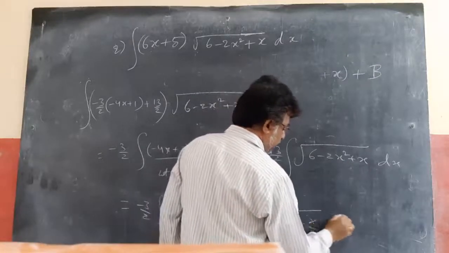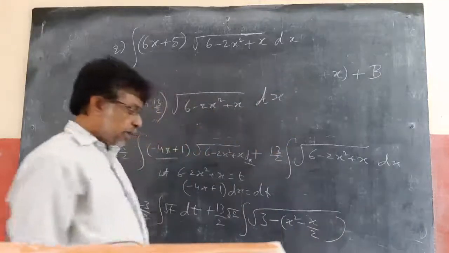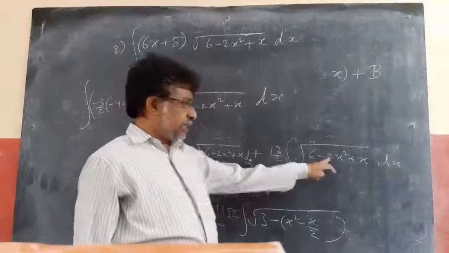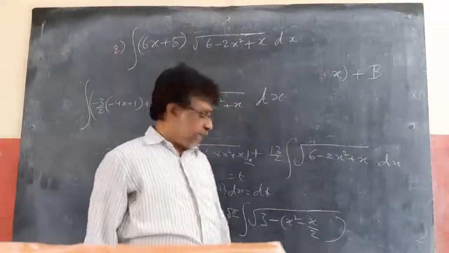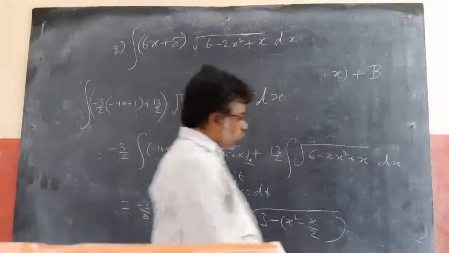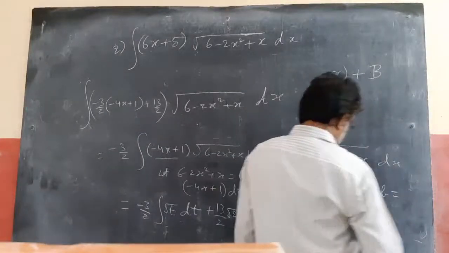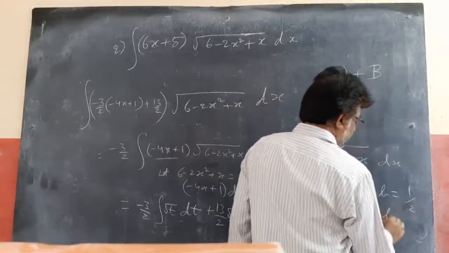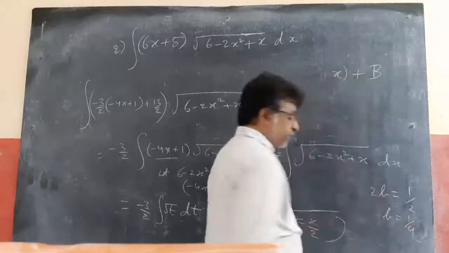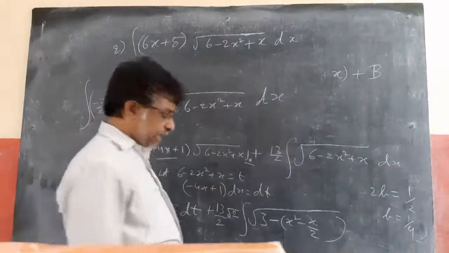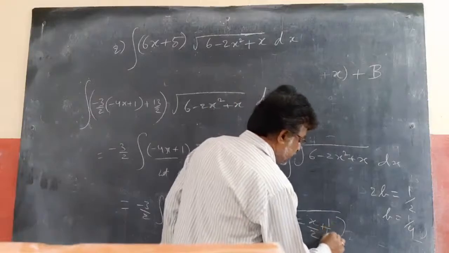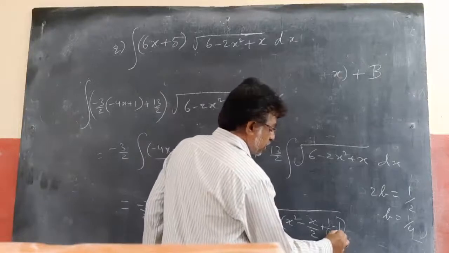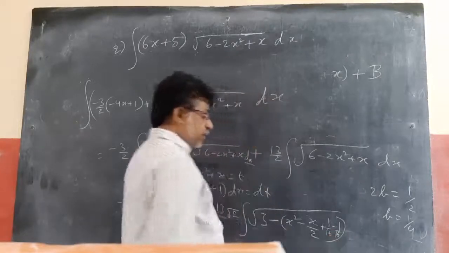If I take minus common, this becomes minus x by 2. If I take 2 common, this becomes 3. This is minus x square, this is plus x by 2, and I am taking minus common again. Now 2b equals the x coefficient. Here 2b equals minus 1 by 2 or 1 by 2; sign is not important. So b is equal to 1 by 4. b square to be added and subtracted means plus 1 by 16 minus 1 by 16. Adding and subtracting b square, so the value will not change.